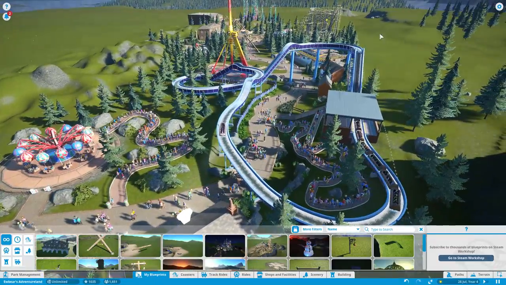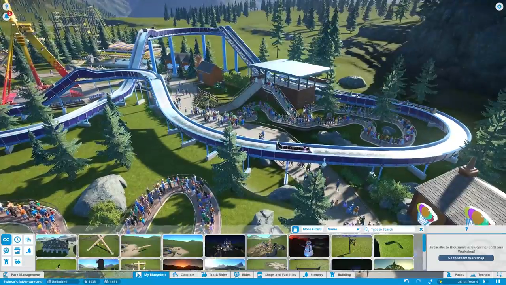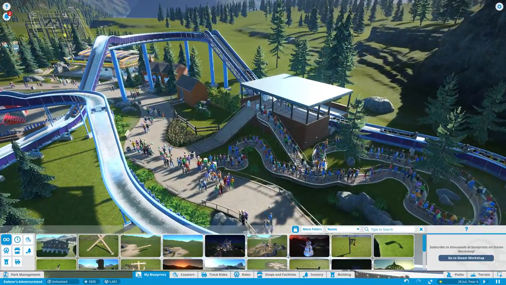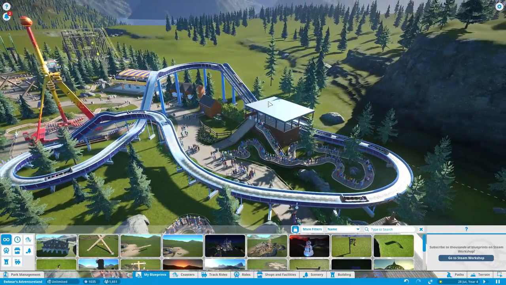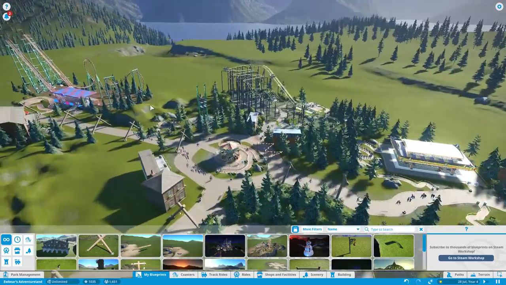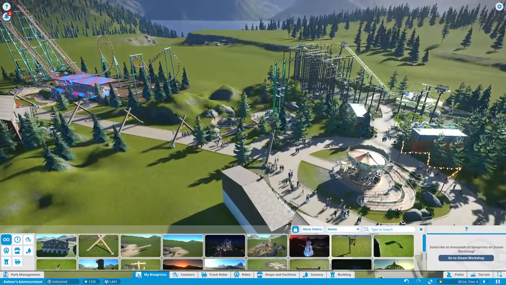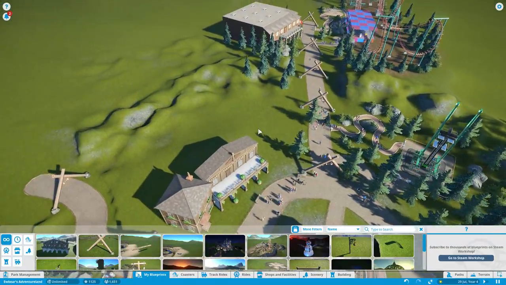I think the log flume needs to change. I mean, look at that. There's like 2 logs on the track, 3 logs on the track, and the rest of it, I just don't get what's going on with it. It just doesn't load very quickly, and I don't understand why. But first things first, let's get another ride in